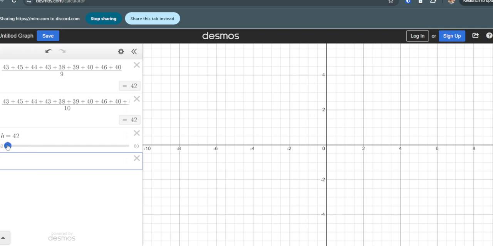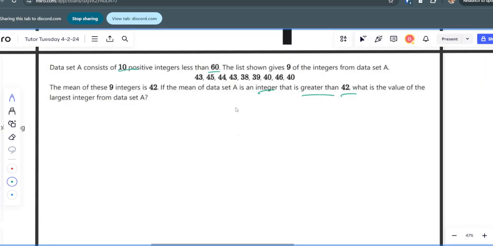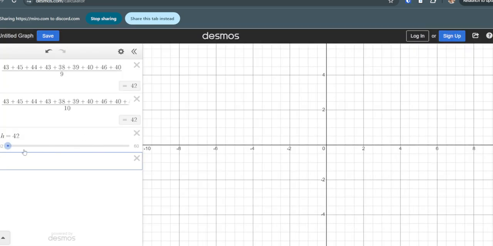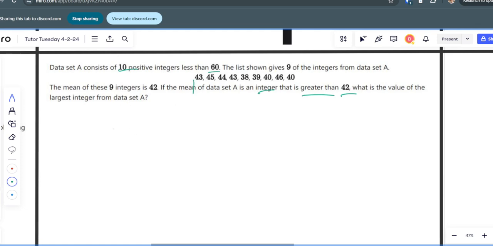So if h is 42, then the new mean is exactly 42. I can play around with the value of h here and limit it to step sizes of 1, and I can see exactly what h value I can use, or what unknown variable I can set, such that the new mean is also an integer. And just playing around with that, it looks like the new number has to be 52 and the new mean would be 43. So basically all these numbers go here